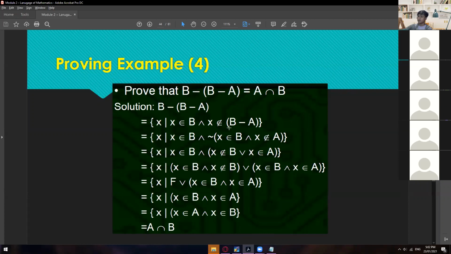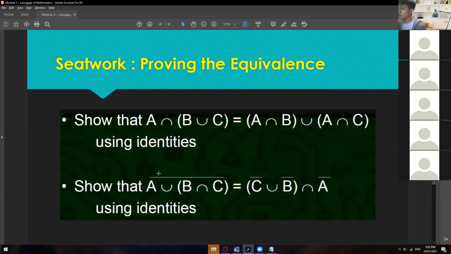All right, so we have your proving example number 4. So I will not explain this one to you anymore. So this is the last proving example. Okay, so I will leave this one to you as your self-study assignment. Okay, but of course not graded, since this one is just an example. Okay, and then after you have fully understood proving example number 1 to number 4, then here's your